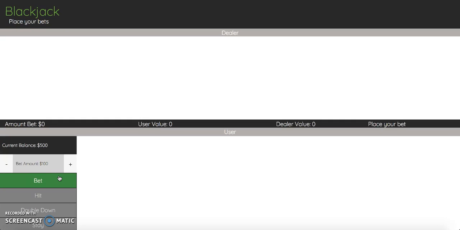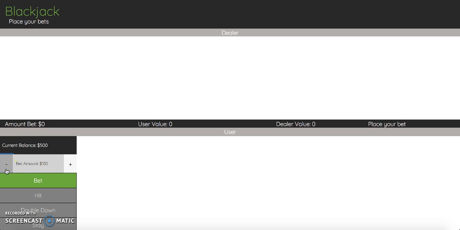Some things that I would like to implement in the future would be definitely a split function. So if you have a pocket pair, like two 5s or something like that, that might not be the best time to do that, but you could split those off if you wanted to and be playing two hands. Another one would be, and I tried to implement this, if you hold this button down to just increment the value. I have some basic code in there commented out as far as how I would do this, but it was acting a little strange. So in this version, I just have it on the clicks to raise the bet amount and